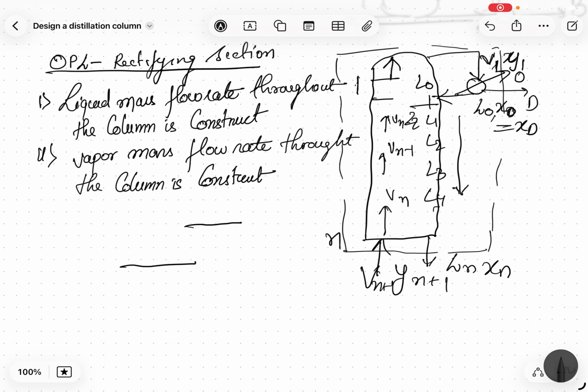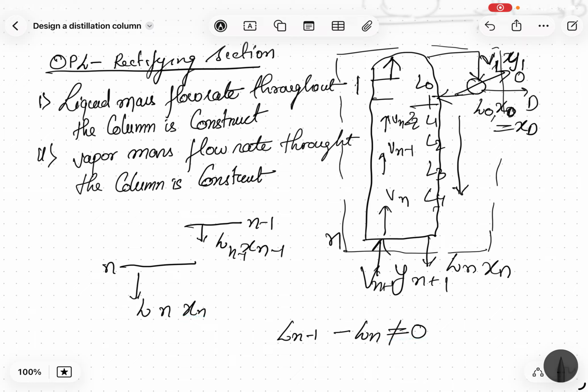So let's say these are the two stages I am talking about, the n minus 1 and nth stage. From here there is a liquid fraction coming, xn minus 1, Ln minus 1. Here is Ln, xn. So I say Ln minus 1 minus Ln is not equal to 0. There is some change. So why does this change happen? When Ln minus 1 comes to this stage, what will happen? There is also a Vn plus 1 that is coming, and there is a Vn that is going out. So when this Ln minus 1 comes to this stage, some amount of it is going to go to the vapor phase by virtue of